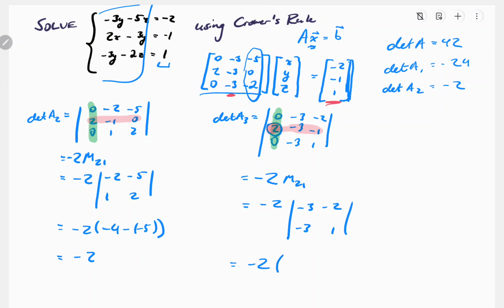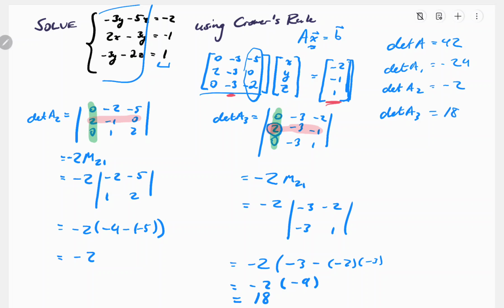Negative 3 times 1 is negative 3. We're going to subtract negative 2 times negative 3. Negative 2 times negative 3 evaluates to positive 6, and we're subtracting positive 6. So we have negative 2 times negative 9, which gives us a determinant of 18. So our third determinant is